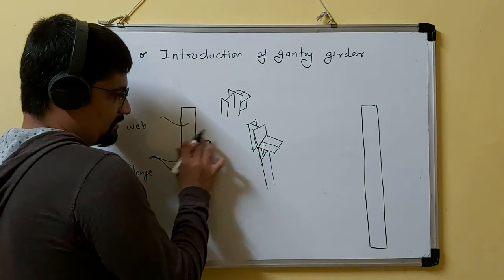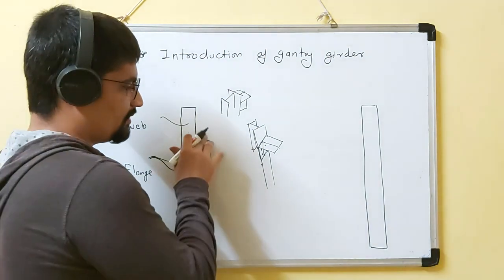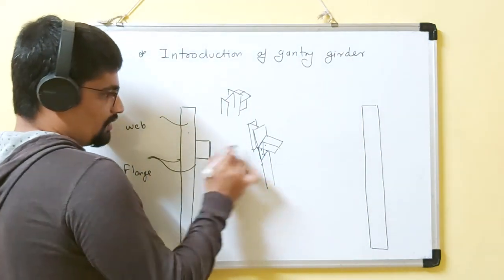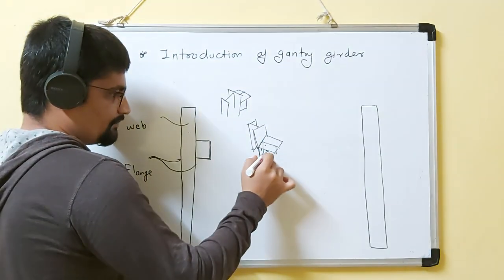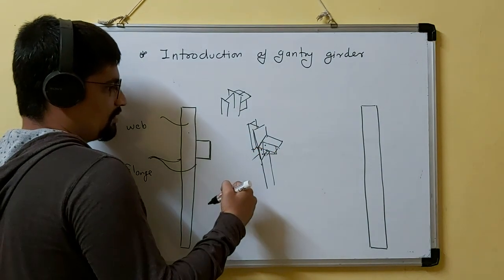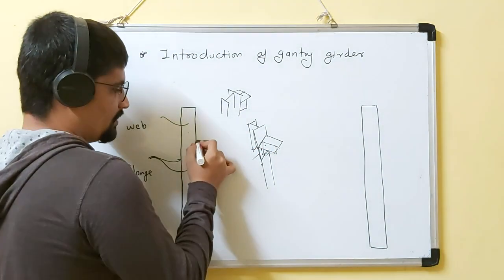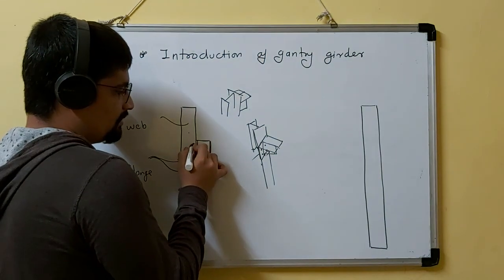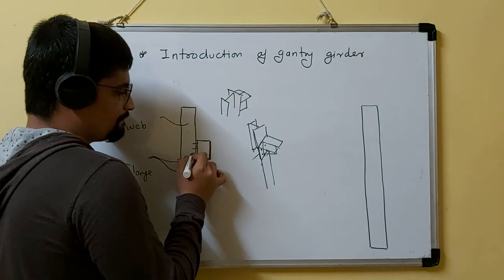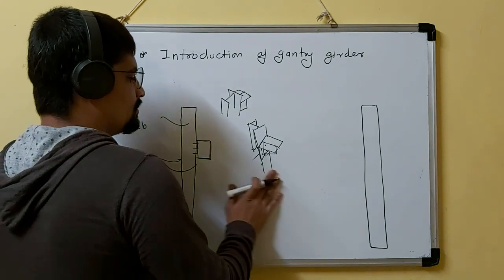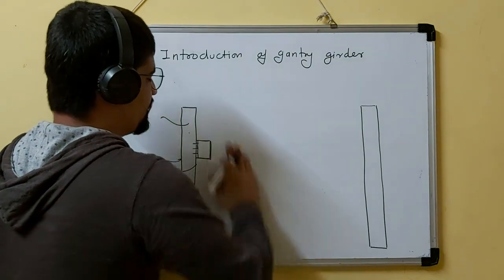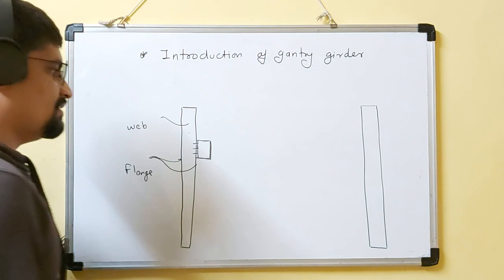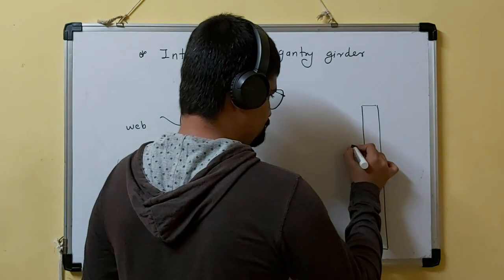This is in a 2D way, that's why it looks like this. In 2D, this portion and this portion will be seen. Here I can make a thickness so that you can understand. And here the bolted connection is open. So this is the plate section or angle section that is placed. The same I placed here.